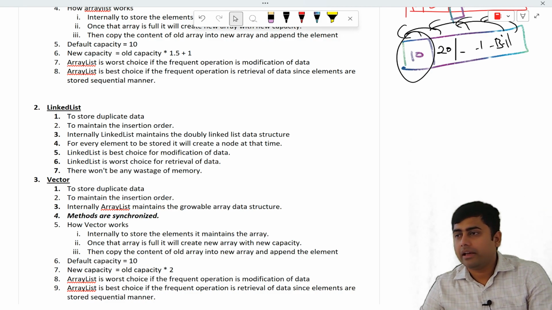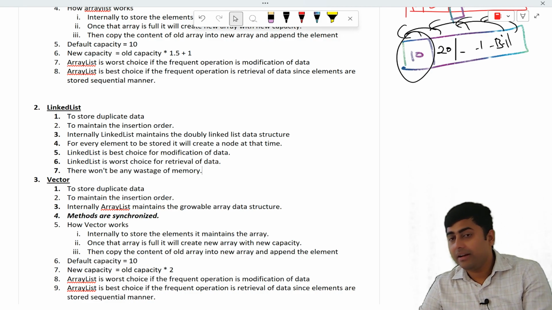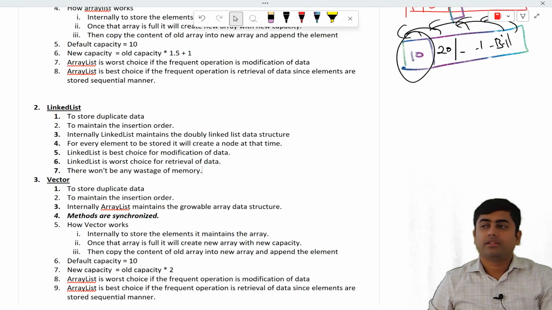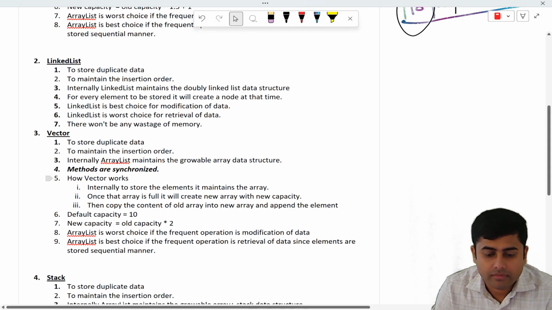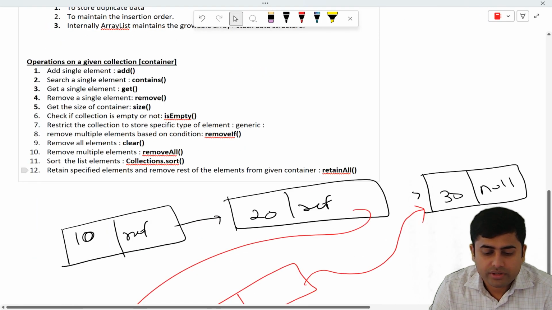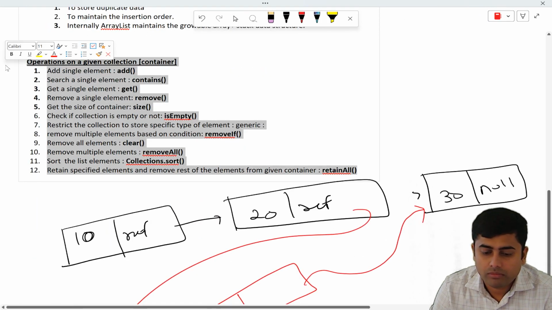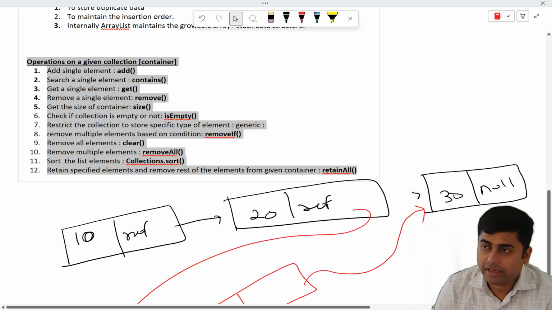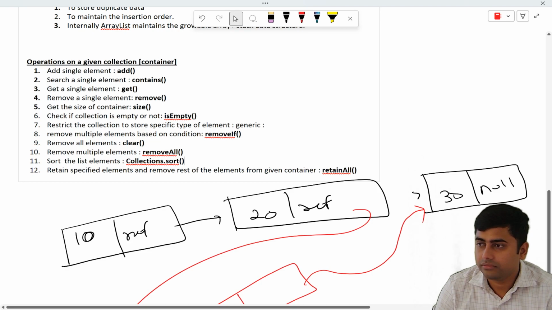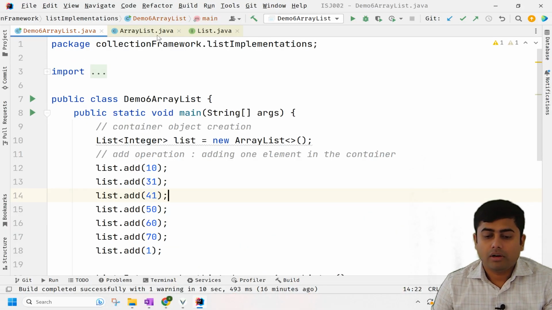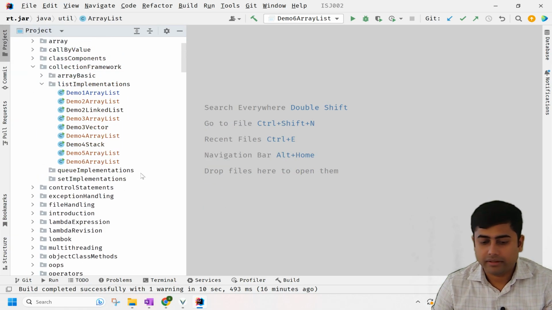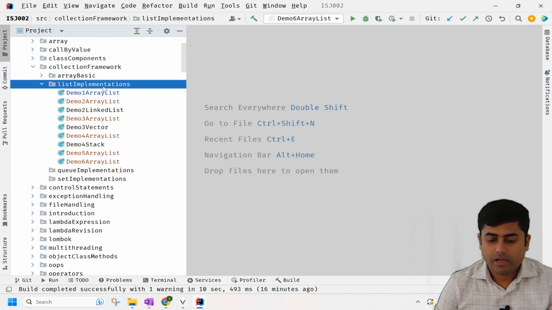अनलाइक एरे में क्या करते हो, आप पूरा एरे बनाते हो एरे लिस्ट में, एक ही एलिमेंट स्टोर करना है, लेकिन आपने इतना बड़ा एरे क्रिएट करके रखा, तो दैट इज वेस्टेज। ठीक। सो ऑल द ऑपरेशंस दैट वी परफॉर्म, वी कैन परफॉर्म ऑन द लिस्ट, array list, linked list, vector and stack also, right? अभी हम लिंक लिस्ट के बाद देखते हैं स्टैक। अभी स्टैक क्या करता है, इफ यू सी केयरफुली,